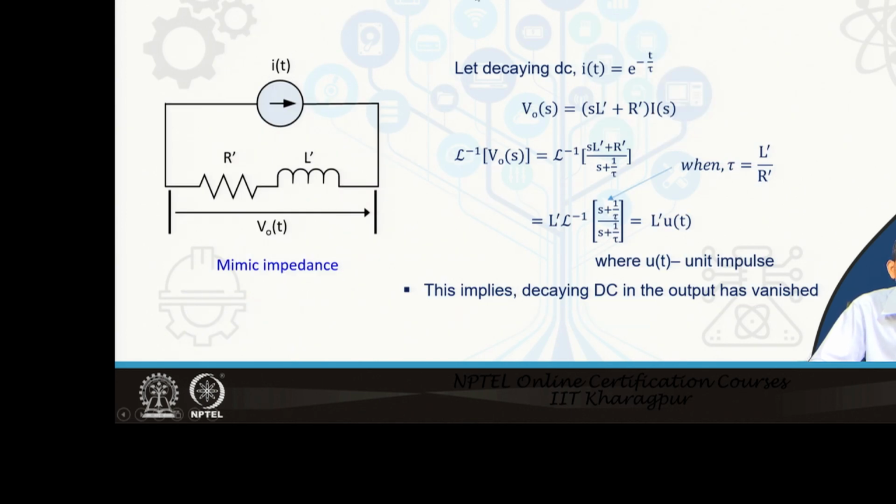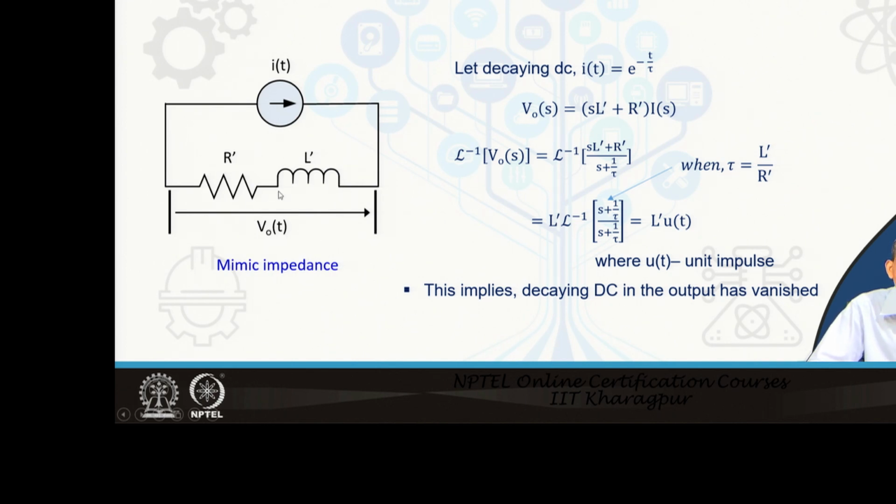For that we have a concept called the mimic filter. Let us see what happens using this approach. First we will talk about the analog filter, and then we will go to the digital mimic filter. So, this is the fault current in the primary side during the transient process, and that is being injected into an R dash and L dash combination, and we are taking the output of this, V 0 t, to the relay side. This part is called the mimic impedance.